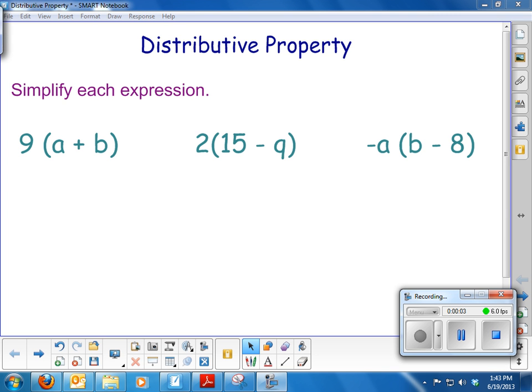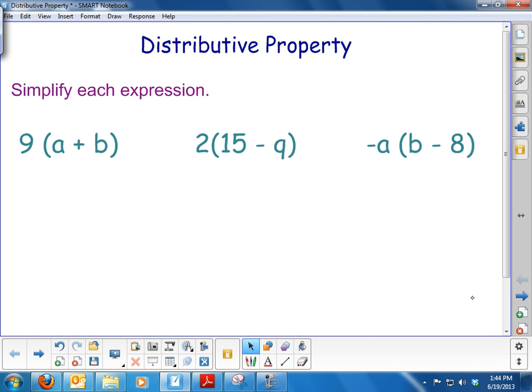Hello. All right, so this video is just a continuation of 1-7 that we worked on today in class. But this time our problems when we're worried about combining like terms in simplifying expressions are going to involve the distributive property. The distributive property is another one of those properties like the associative, the commutative property, in that there is going to be either a constant or a variable or a combination of those things outside of parentheses, which